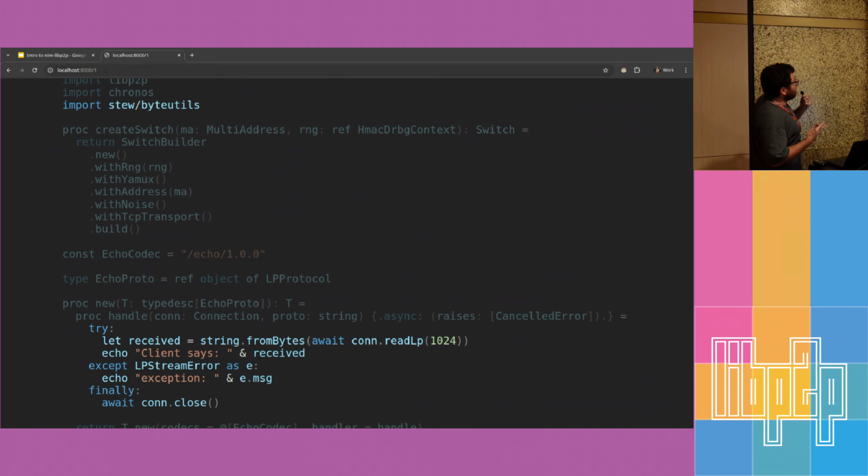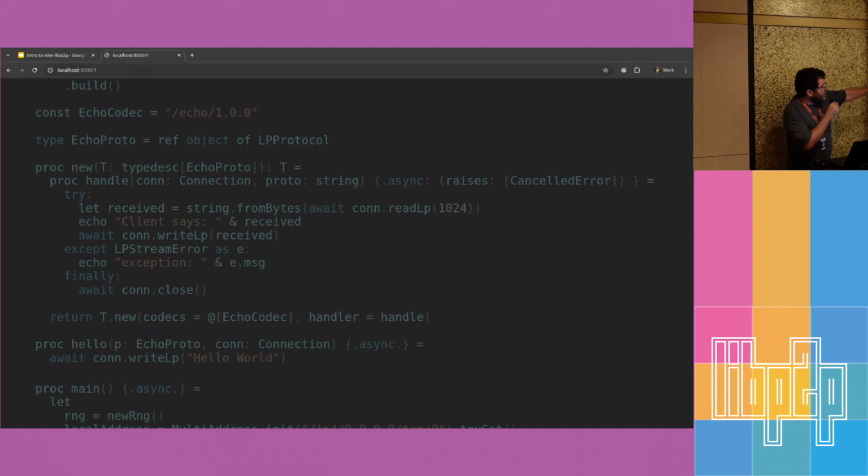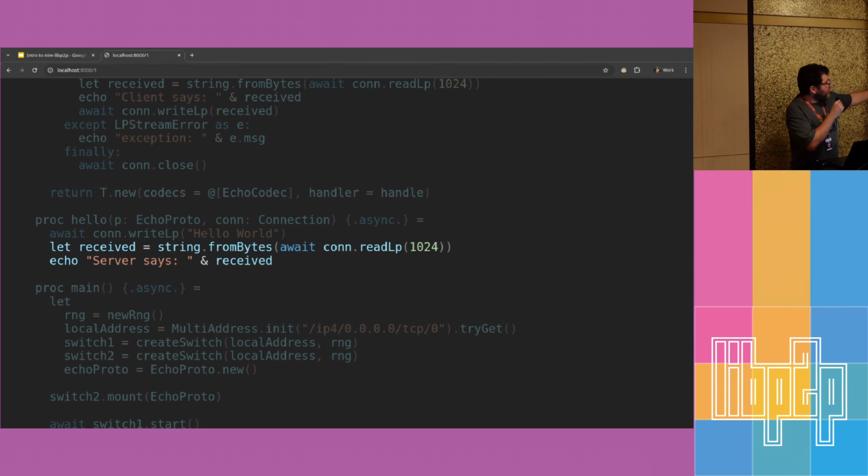We define here a simple client function. What the function will do is just write into the stream the message that we want to pass. In this case, a hello world. And then within our handler, what we do is read from the stream. In this case, I'm using a helper function to convert from bytes to a string. I just echo, I just print what I received,